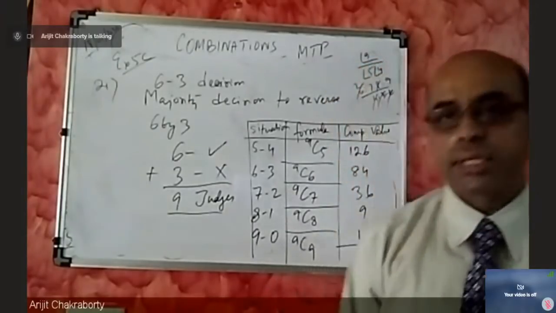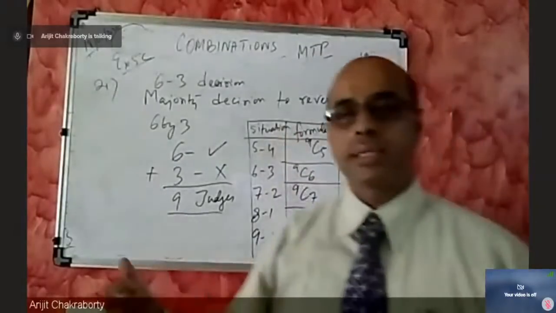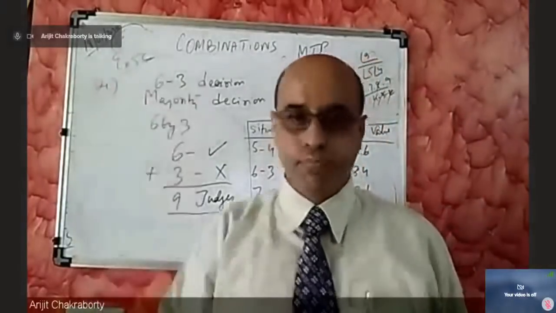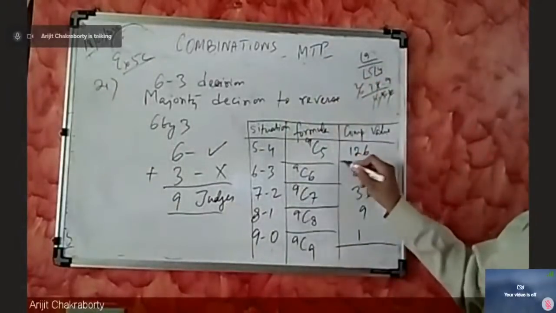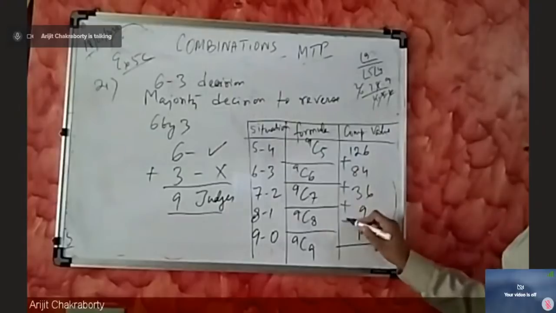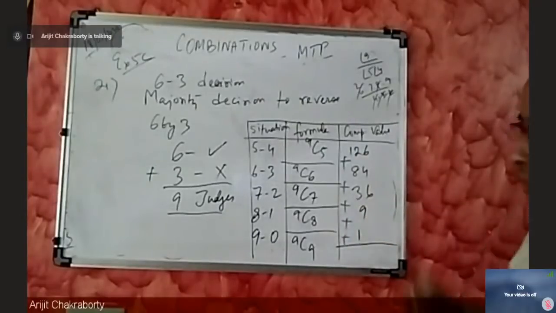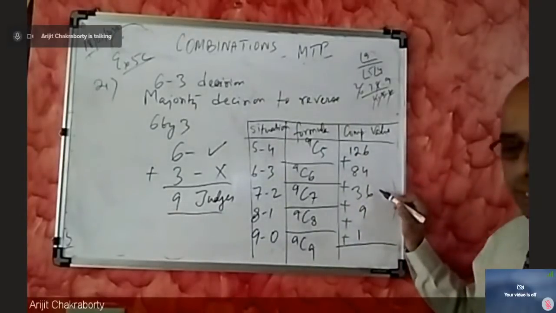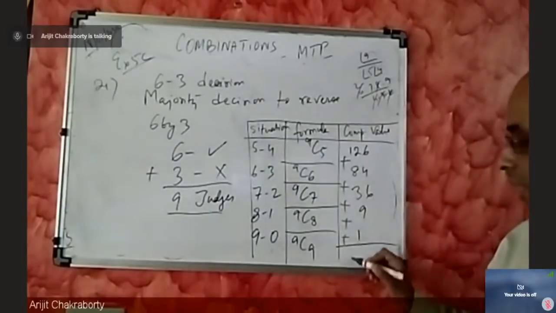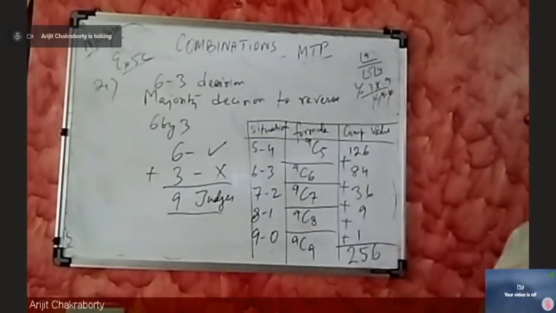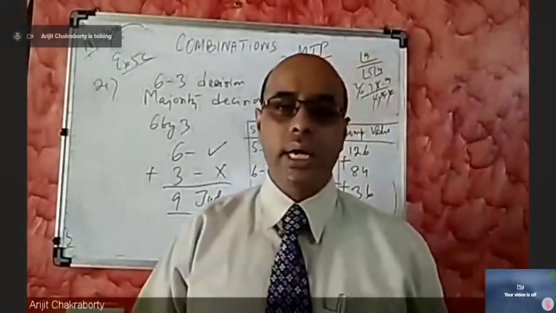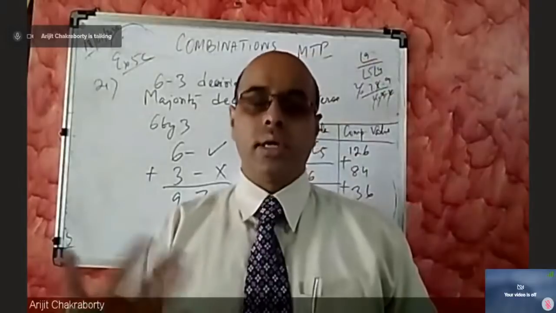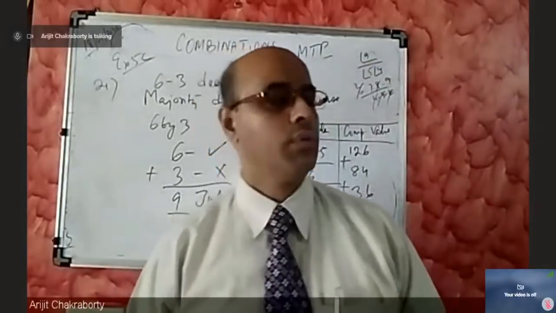You can see same work, right? Same calculations, same table. Now we add up. So this is the addition formula. So plus, plus, plus, plus, plus. So 126 plus 84 plus 36 plus 9 plus 1, you get 256. So in 256 ways, the Honorable Supreme Court can reverse the order of a lower court with a majority